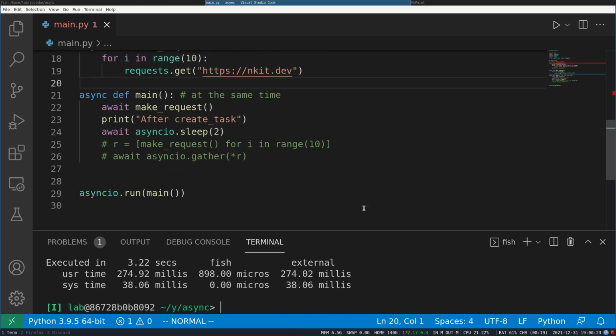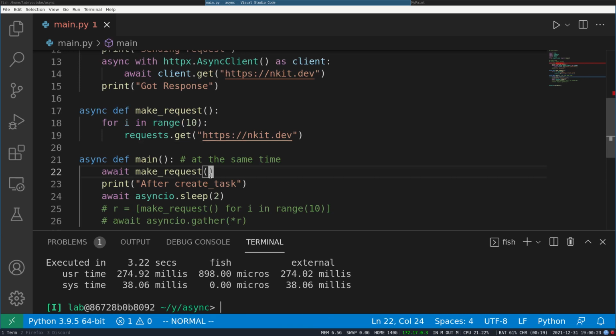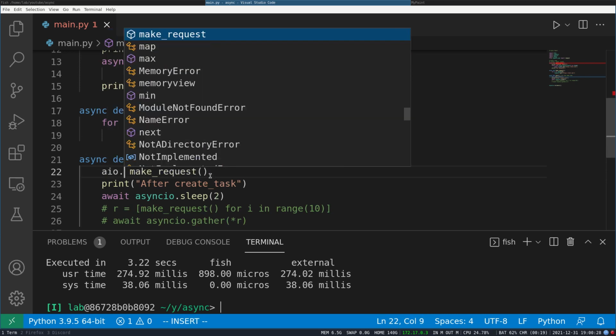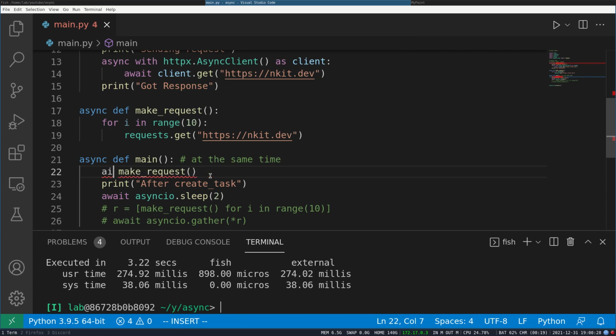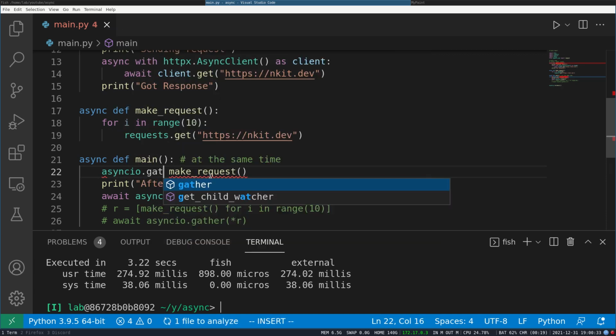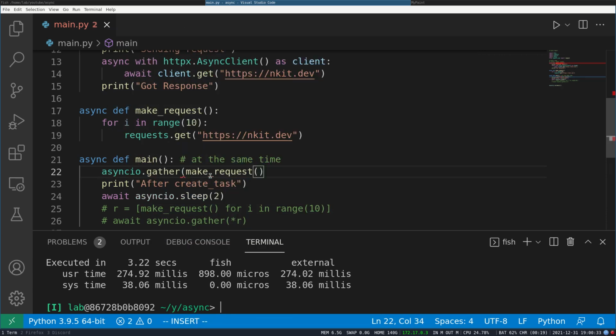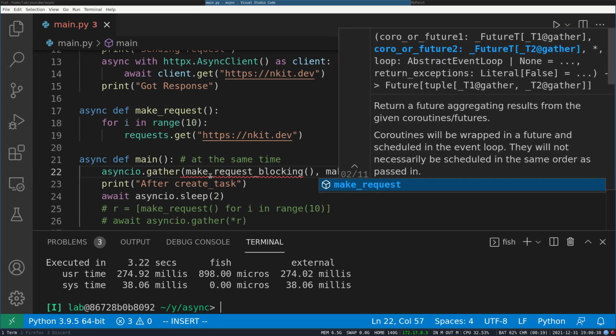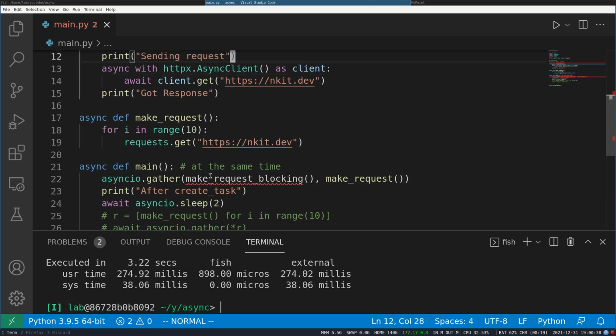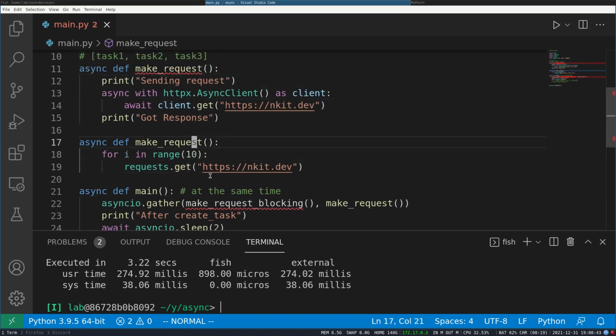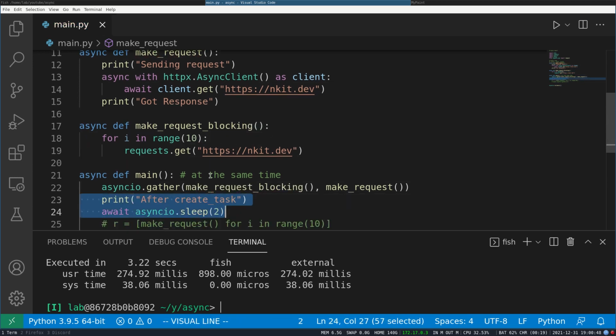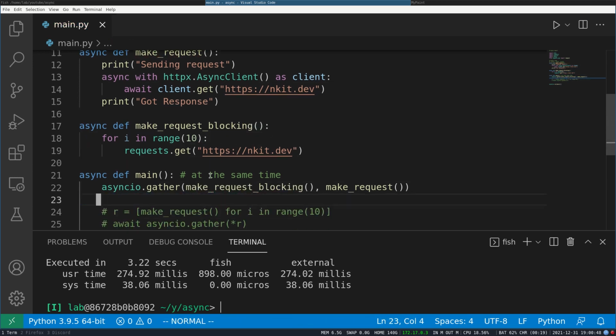It will have to make 10 requests, but it will block everything. What I mean by that is, if I do asyncio.gather, I call make request blocking, and then I call make request, our regular one. Let me name this blocking, and let's add a print statement.